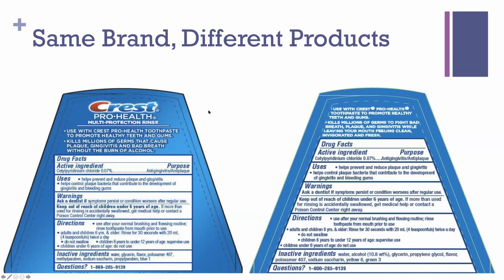So you also want to look carefully at the same brand, different products. For instance, this is a mouthwash, and they look very similar, and you have some that are alcohol based and some that are water based, and so we want to determine which one is safe. When we look at them, we find alcohol in the inactive ingredients, and the percentage of alcohol in a lot of alcohol-based mouthwashes runs between 2 to 3%. It's not a high percentage, but it's higher than what you need, especially if they don't need to be surrounding themselves with alcohol. So you have to teach them how to look, even though the packages look very similar.